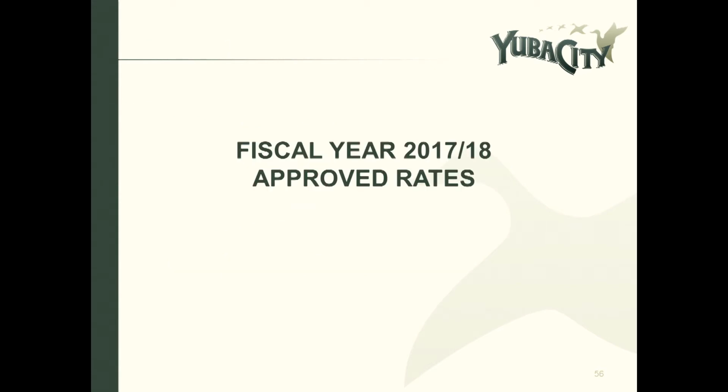And then recently, Council adopted rates for fiscal year 17-18. Last year, as part of this process, council directed staff to bring forward recommendations for water and wastewater rates at the budget study session that is held with council every May. So I believe it was May 23rd. We had a budget study session with council in which we presented proposed rates for fiscal year 17-18. And then at the last council meeting, we brought forward those rates.